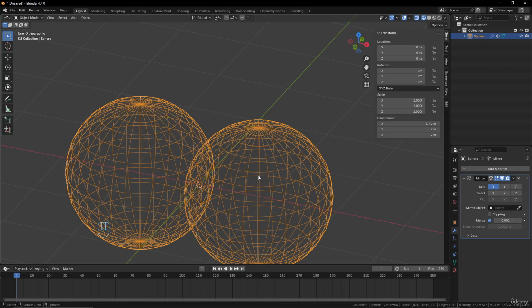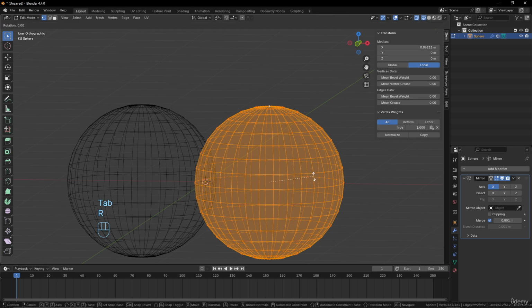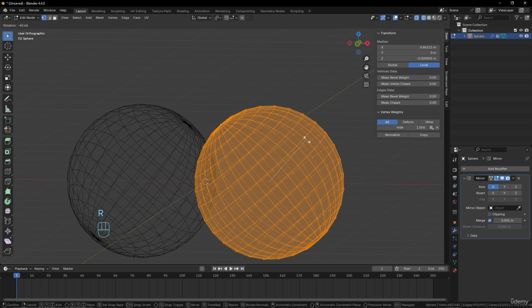For a car, for example, you will model for sure only a part, half of it. You can use the clipping option, and we did see it during the headphones modeling here. So yeah, that's it. And the clipping option here is important as well. I will cover it again